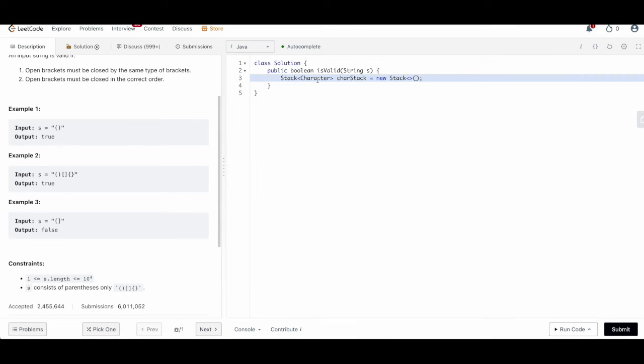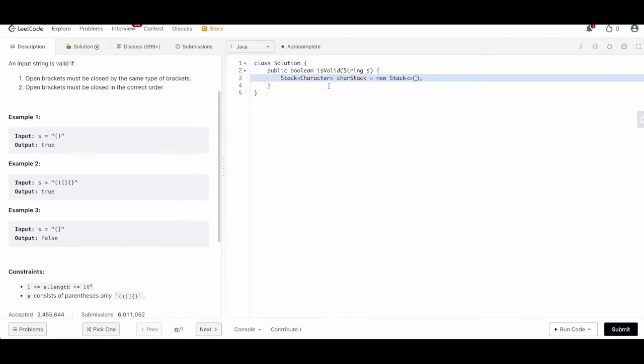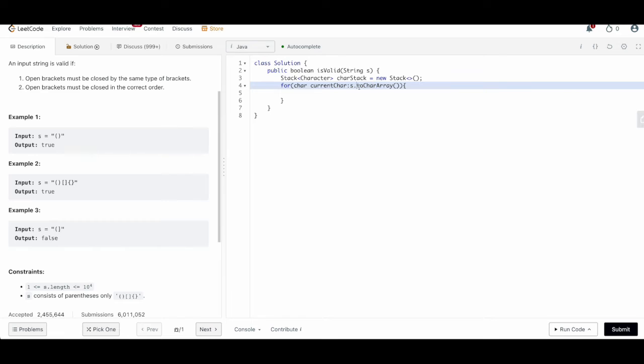First we need a stack of characters. We'll name it character stack, and we'll store all the characters which are open brackets of any of these three kinds in this stack. Second, we will loop through all the characters one by one. So what we can do is take the current character as a variable from this string, and we can use the method toCharArray, so that from this char array we can read one character at a time. Or you can just use a for loop, take an index variable, use s.charAt(i) and loop through that.